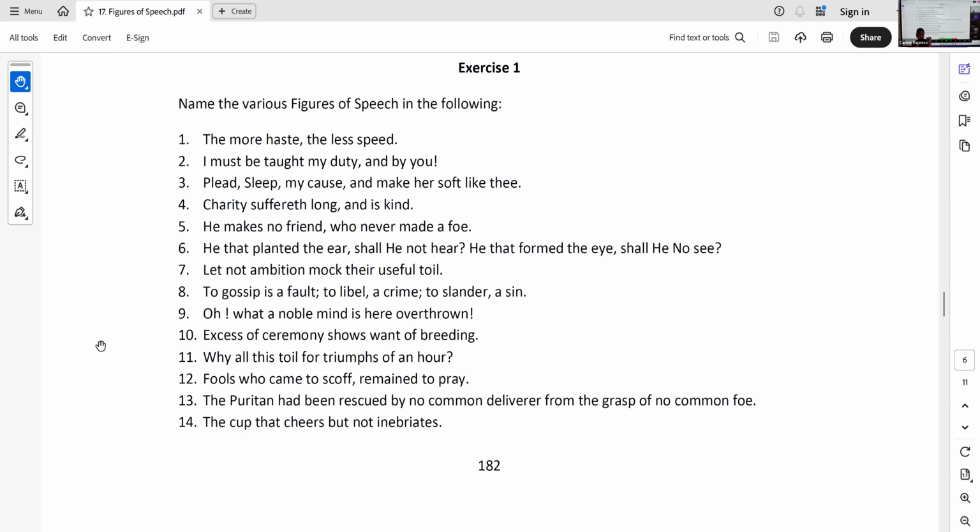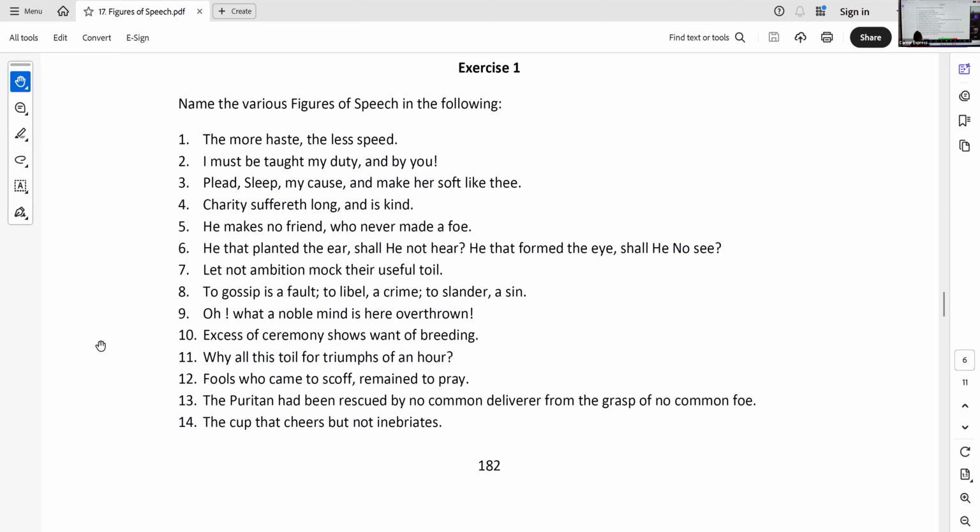There will be some element of irony in an epigram. Honesty is the best policy. There is no irony. But an epigram will have some irony, some apparent contradiction, which makes it a pointed saying, right? Like child is the father of man. This is an epigram, not a mere idiom. Okay.